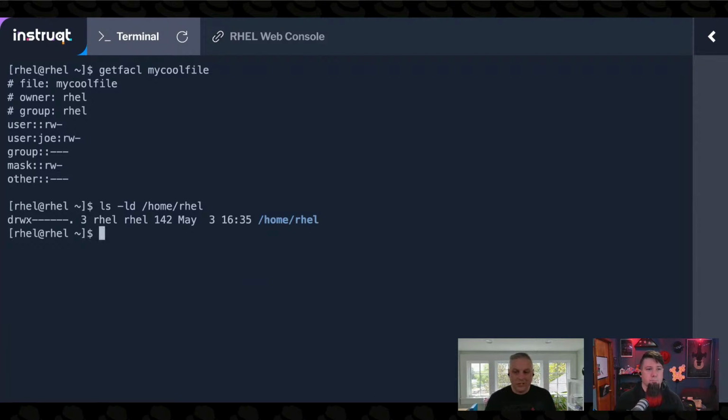And so in order to really give access to Joe, yes, we have to add him to the file, but we also need to give access to the directory structures that lead down to the file too. Right. Which could be done with another ACL or a group permission, however it is you want to deal with it. But since we're talking about ACLs,